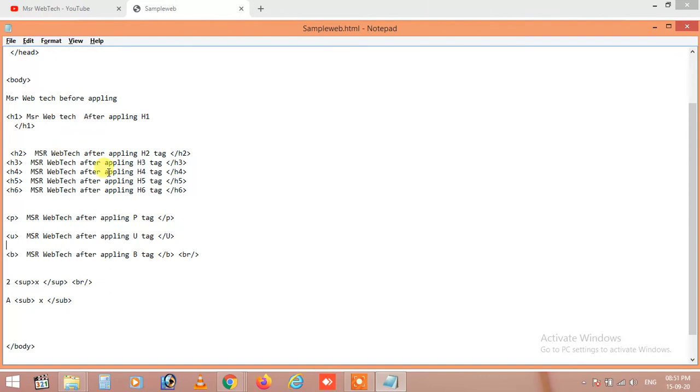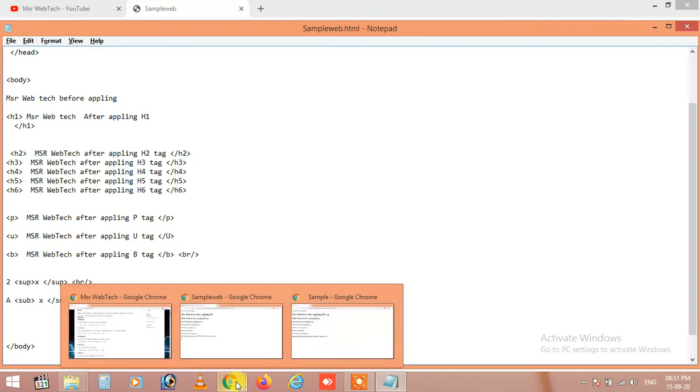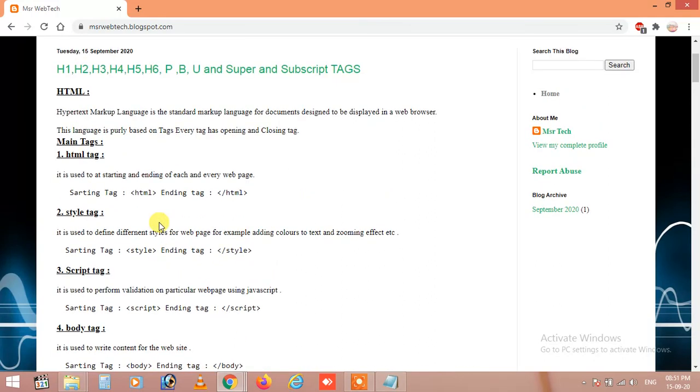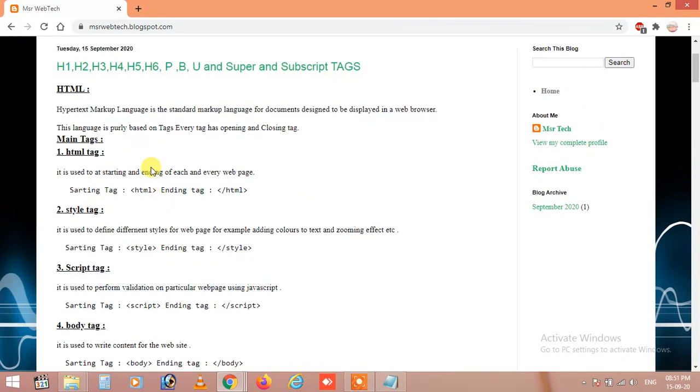Generally h1 to h6 tags are used for defining headings only, and superscript is for if, for example, you want to get a plus b whole square equal to a square plus b square plus 2ab, you use superscript. In a similar way you can use this wherever it is useful. Next thing, I will show you the code. Yes, the thing which was explained by me is here.